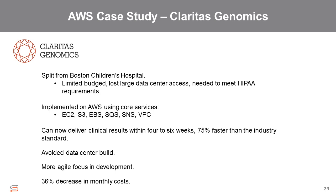So there's one on the AWS side. We have one case study I'd like to share with you about a customer who was very successful with AWS. Claritas Genomics was a division that split off from Boston Children's Hospital several years ago. And after that split, they had a very limited budget. They lost their access to that large data center that was normally available to them when they were part of Children's Hospital. But they were still going to keep doing the work they were doing,